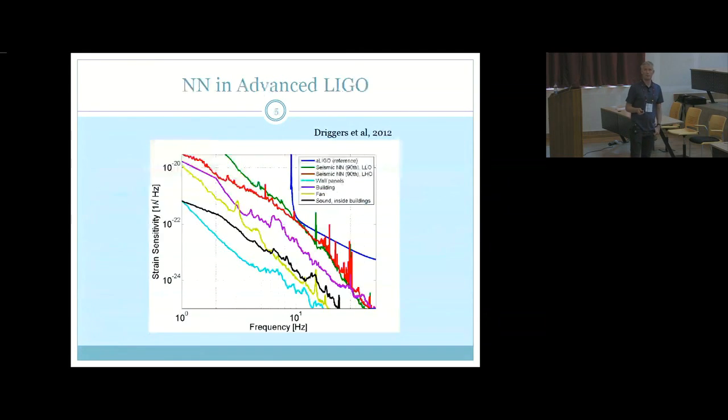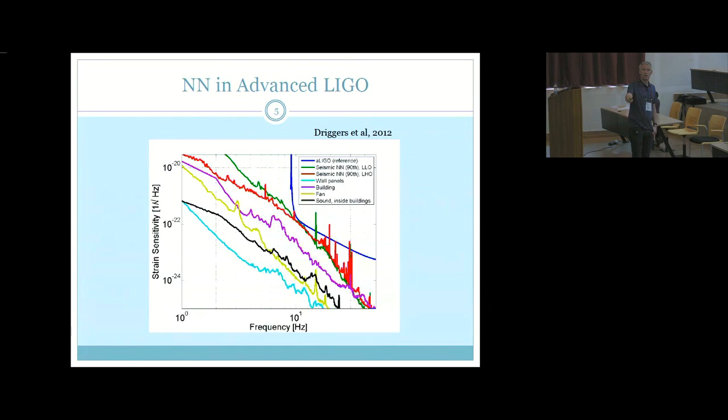Okay, now a more detailed view of the gravity noise budget for Advanced LIGO. So here again is the Advanced LIGO reference sensitivity, and the green and blue curves here are the seismic Newtonian noise for the two sites. I was drawing the 90th percentiles here. But we investigated a couple of other potential contributions. For example, the black one here is sound in the laboratory buildings and the gravity perturbations of that.